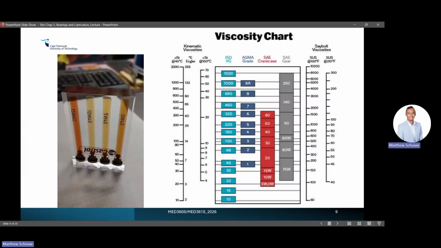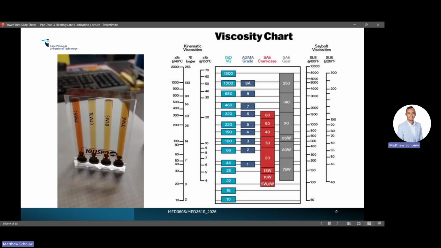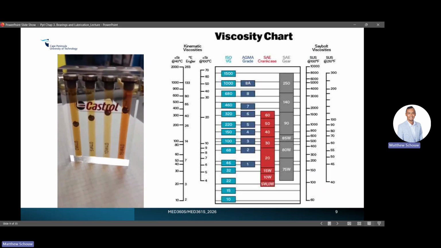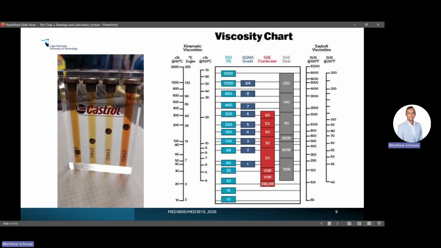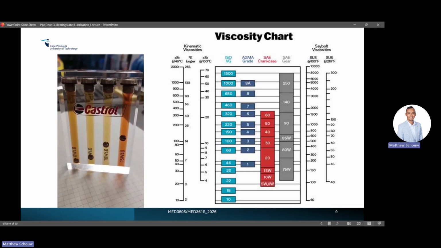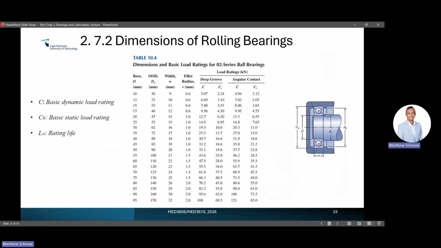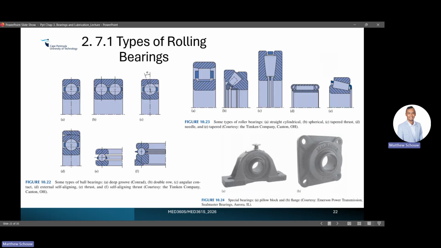But there was a catalog I initially had. I don't think I showed that video, but it was illustrating the different multi-grade oils and the different viscosity. You can actually see which one is better in terms of viscosity. So that was quite interesting. But anyway, I can't find this chart, I'm not sure why. Nevertheless, based on the catalogs,